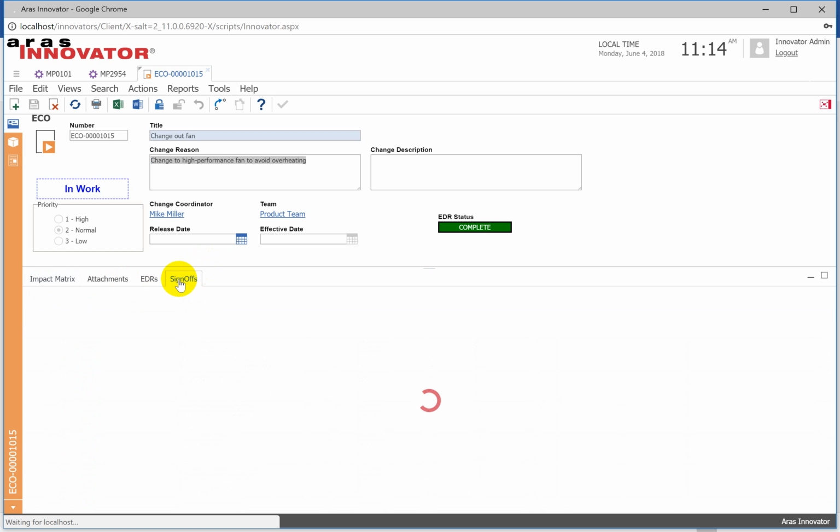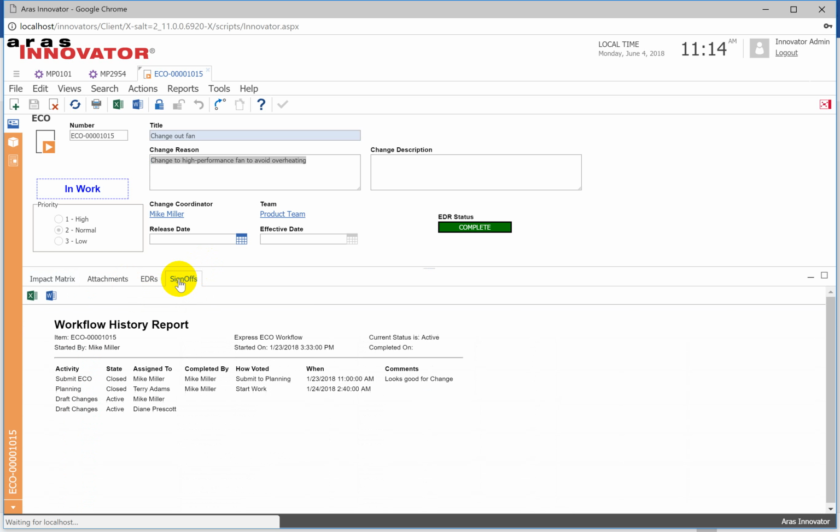When I click on sign-offs, you'll see who's signed off so far on this particular change as it works its way through its workflow history. It was originally submitted by Mike Miller. The planner was Terry Adams. He signed off on it. It went to Mike Miller and Diane Prescott to do the changes, and they then submitted those changes to planning